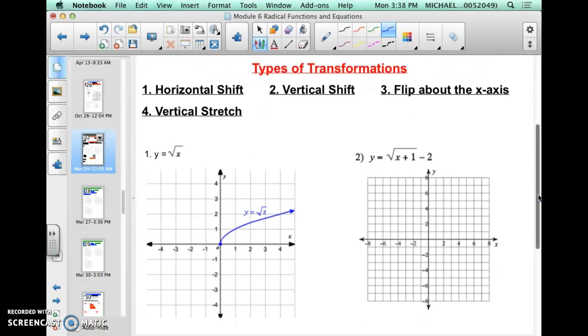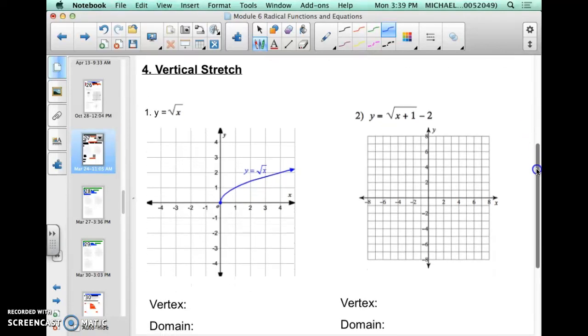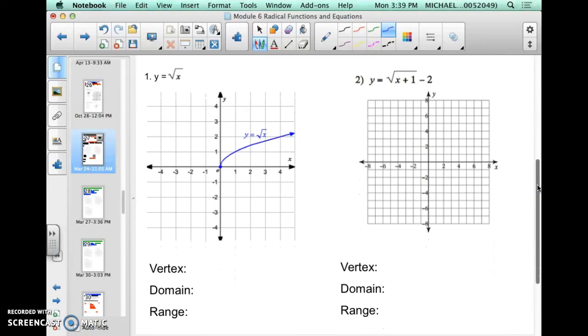With this, we're going to talk about the types of transformations and then the domain and the range that goes hand in hand with the vertex. Ideally, the first step is always to identify the vertex in this process. From the vertex, that'll help you find the domain and the range, and you'll also be able to talk about what type of transformation is happening in each process as well. So in this video, I'm going to go through